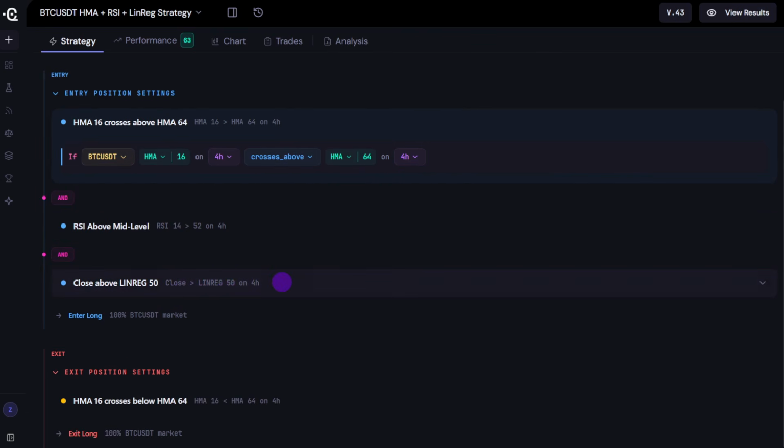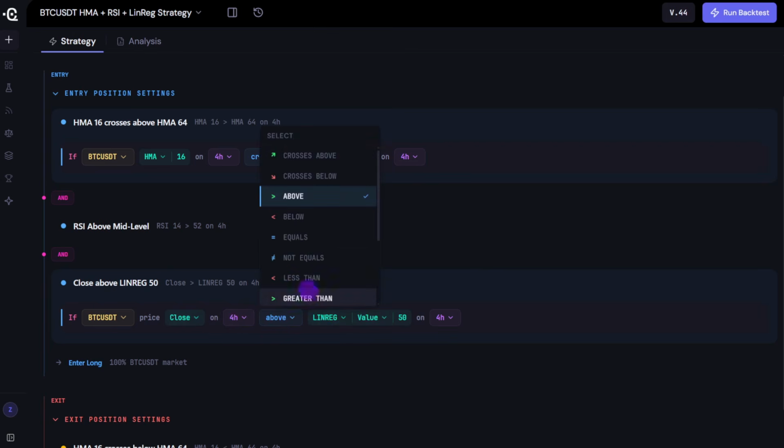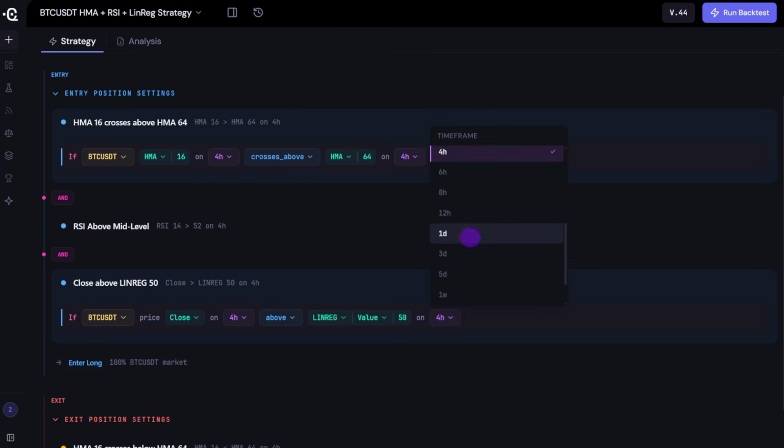Now again, you can apply the linear regression on the daily time frame, using the closing price of the 4 hours. You can apply it on the 4 hours. This is how easy it is to switch between time frames, using the closing price of the 4 hour candles as well. And you can switch between these, like you can say it's above or less than or above than, and so on. So for now, I'm going to keep those as they were,